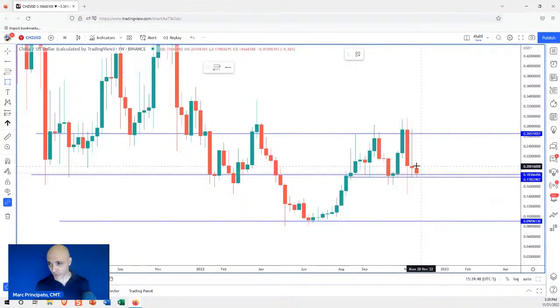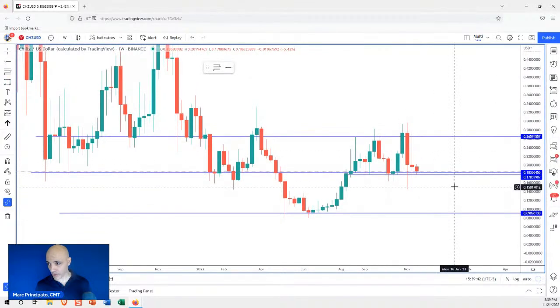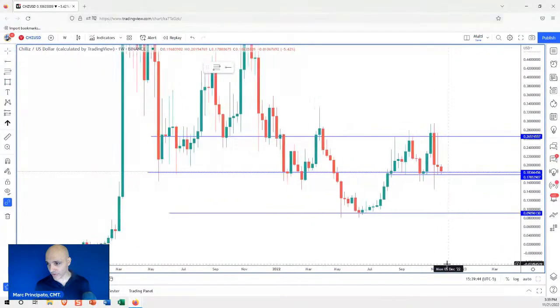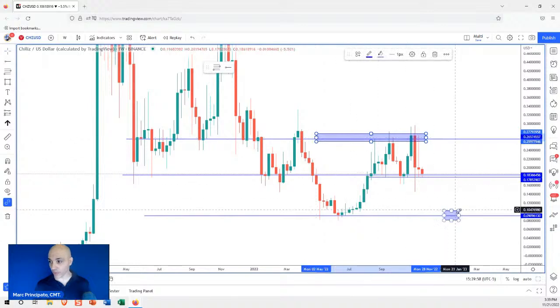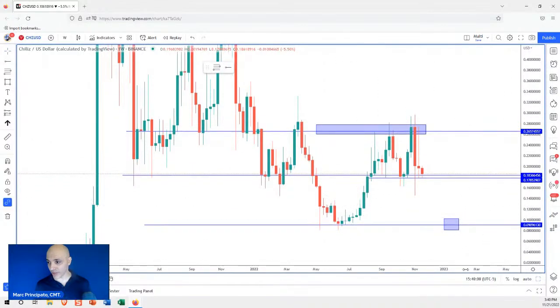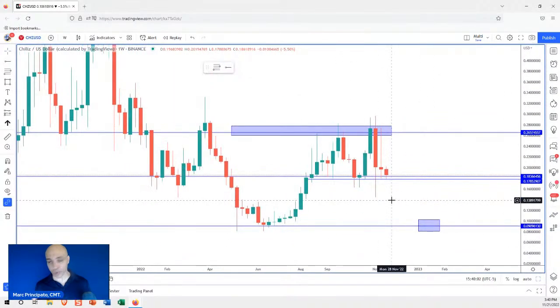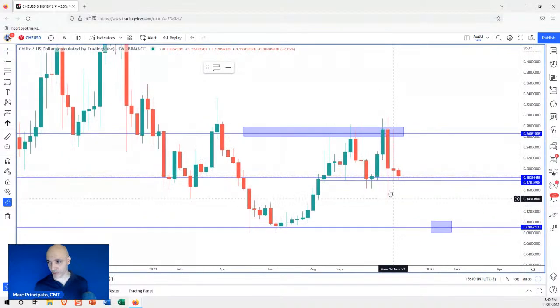So you do have a support here, but this thing is in a range, right? And relative to the range, this is a minor support. It's not an extreme support. This is your extreme support here, and it was there back in July. And your range resistance right now is basically here. Those are your more relevant levels based on recent history.